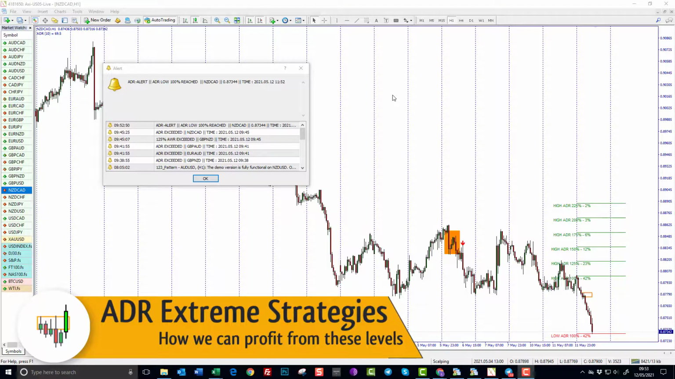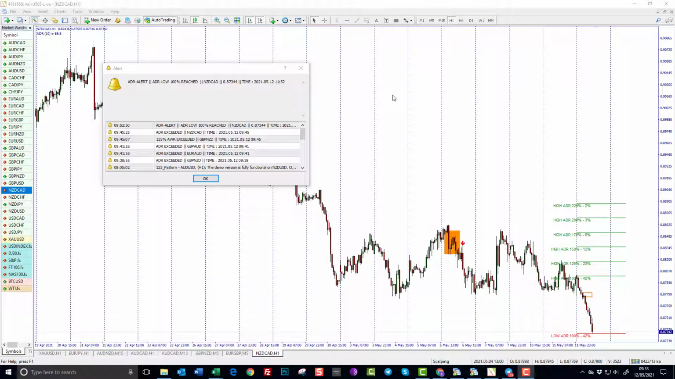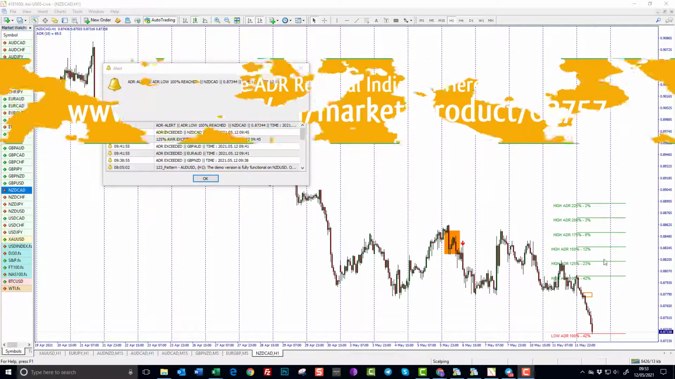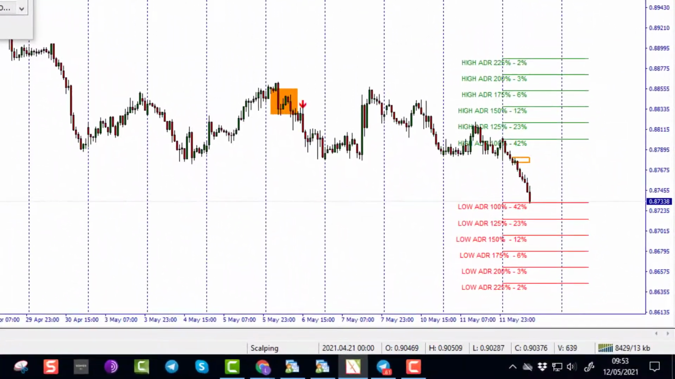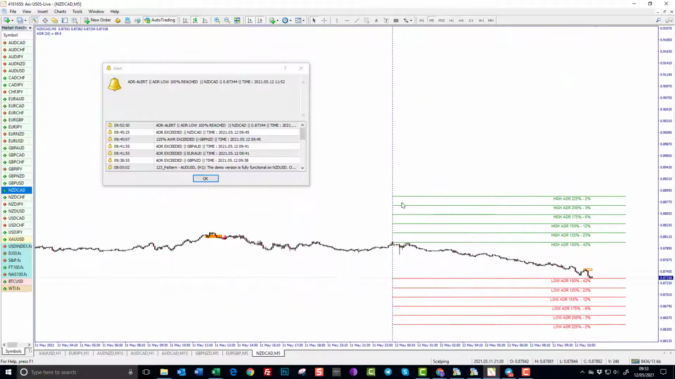So we've come back over to the chart now, and we're going to look at how we can use this information to our advantage. So as you can see, I've got the indicator here, the ADR reversal indicator. And you can see that those levels we just looked at in the spreadsheet are marked out here on the chart. So we can see at the moment on this particular instrument, New Zealand dollar CAD, price has just hit 100% of its ADR figure. And if we zoom down, you see we've got an alert there to tell us that. If we zoom down onto the M5 chart,